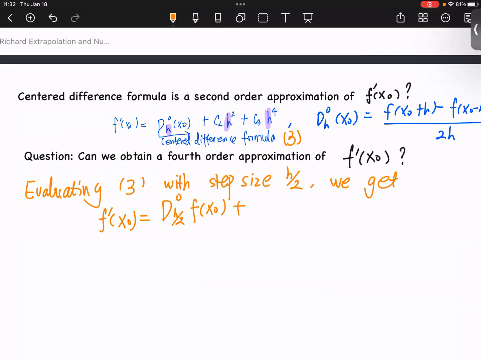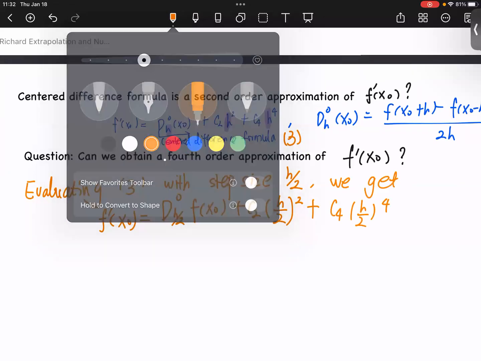For the error term, because I'm replacing h with the step size 1/2 h, it should be h/2 squared, and for the 4th order term, we have C4 times h/2 to the 4th order. And let's say this is the formula for